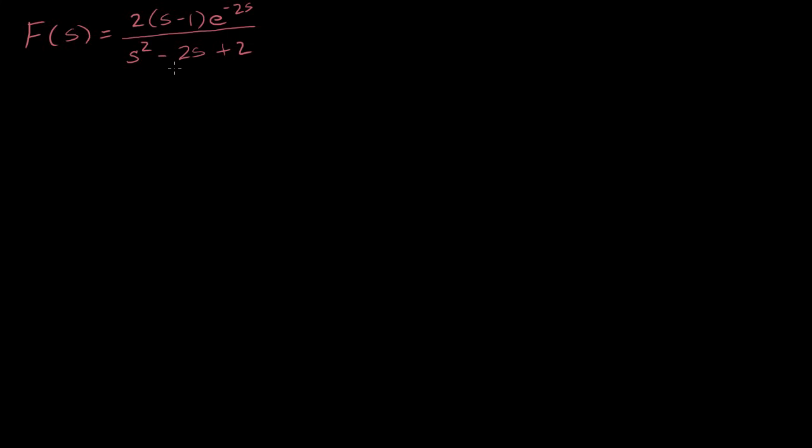So the first thing when I look at these polynomials in the denominator, I say, can I factor it somehow, and fairly simply? And actually, in the exams that you'll find in a differential equations class, they'll never give you something that's factorable into weird numbers. It tends to be integers. So what two numbers, when you multiply them, give you 2,